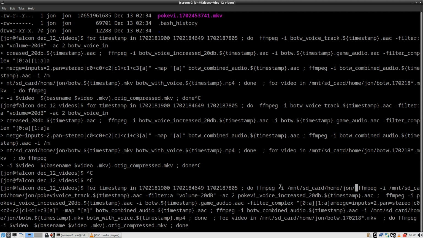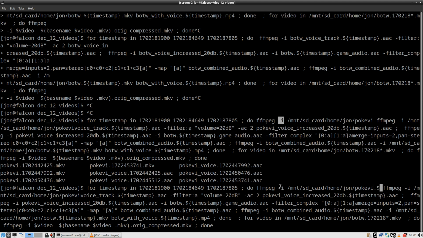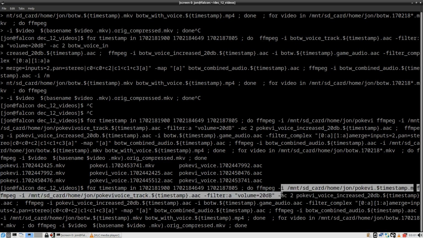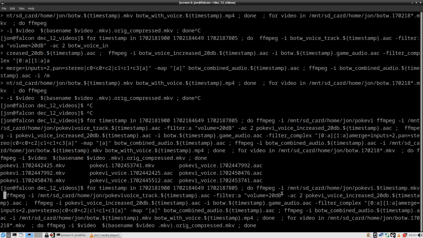What I've actually done is I removed the SD card from my Raspberry Pi and brought it over to my desktop computer, a process affectionately known as SneakerNet, because my Raspberry Pi has been having problems sending large files over the network. So we're going to do the input and then